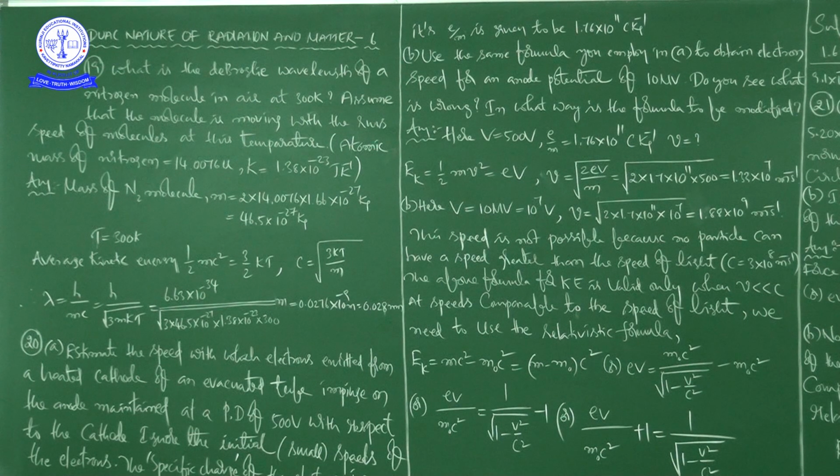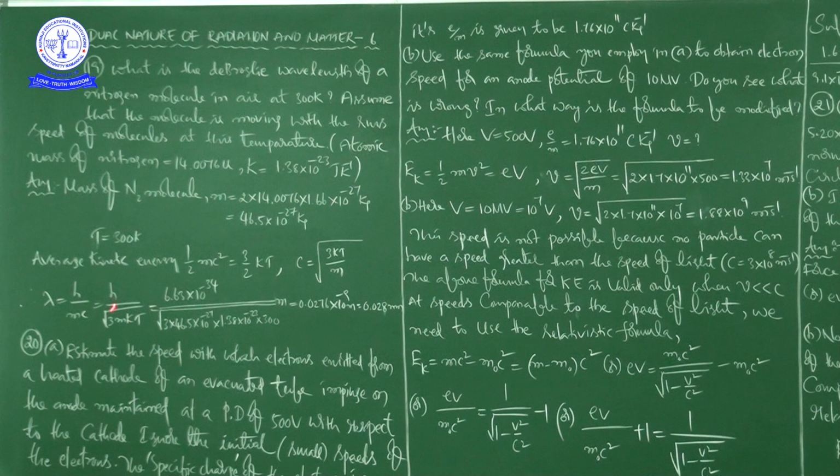First we calculated the mass, small m, for the N2 molecule, and we got 46.5 into 10 to the power of minus 27 kg. Thereafter, by the expression equating average kinetic energy for a gas at a given temperature, we write C as the subject,